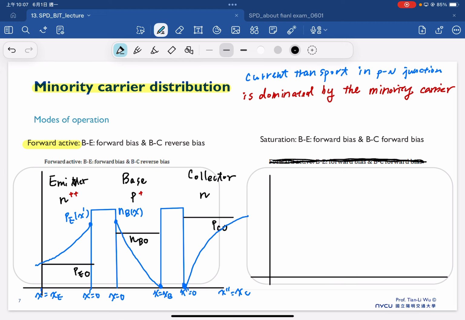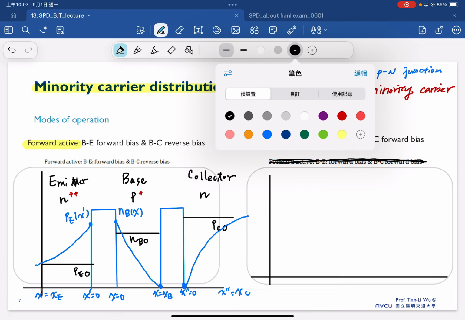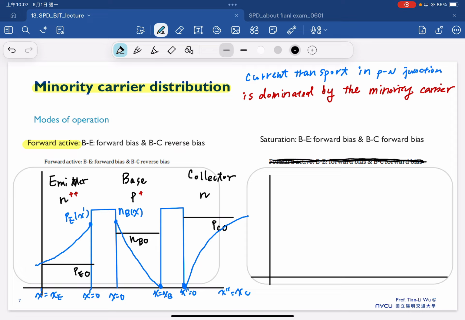So still the same, we first know that we have the three different regions. We have the emitter, we have the base, we have the collector